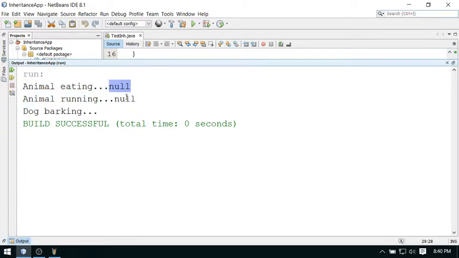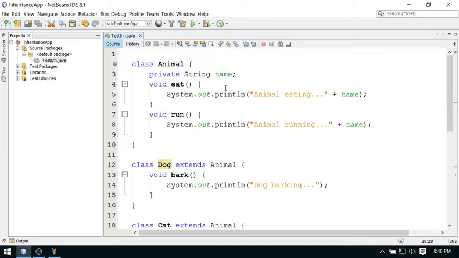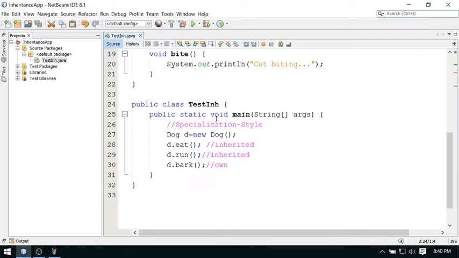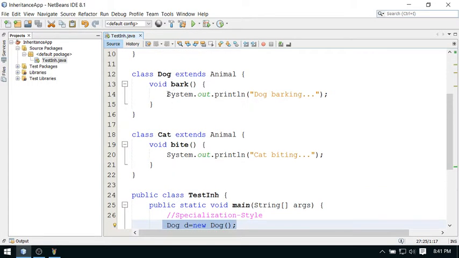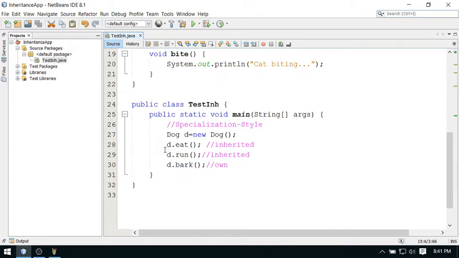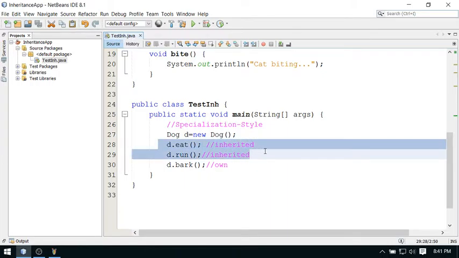But the important thing is, this is null because we have not initialized this name property till now. So don't worry about this, we'll cover the initialization part in the next video. But the important thing is, dog has a single method which is the bark method, but I'm able to call two more methods on the dog. So we are able to call three methods on the dog object,